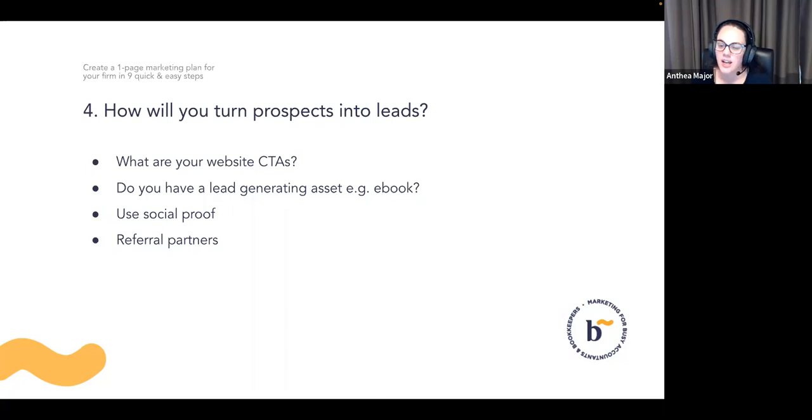An ebook's probably the common example, the easiest one for people to understand. It may or may not be suitable for you and your audience. It just depends on what content they like to consume. Some people are going to like podcasts, some people are never going to read an ebook, whatever it might be. So just remember that there's going to be people browsing your website that aren't ready to book a meeting with you. They're not quite at that point yet. So these sorts of tools are really great for capturing the gap of those people there. And another good reason to have one of these is that it helps you build an email list.